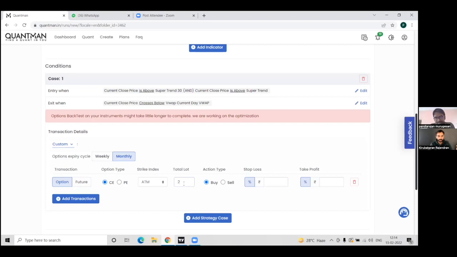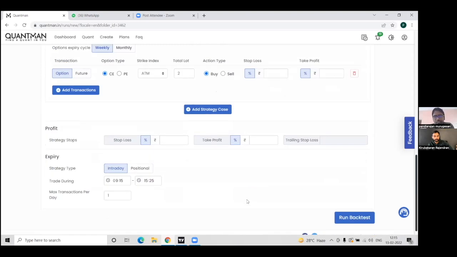Maybe you can choose monthly or weekly, because a lot of people are afraid of theta decay. If you are really afraid of theta decay, please choose monthly. But I caution you that monthly options are not as liquid as weekly. So for simplicity's sake, I keep it simple with weekly options. I don't give any stop loss, but I give two lots, because ATM options are around 0.5 delta. If you give two lots, it acts like one lot of futures in total delta. So that's it. If you click the run backtest button,